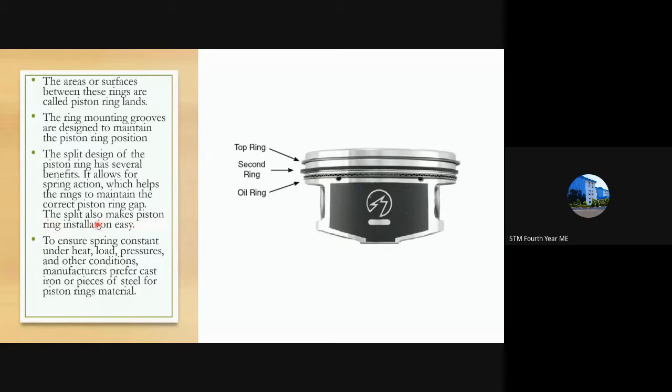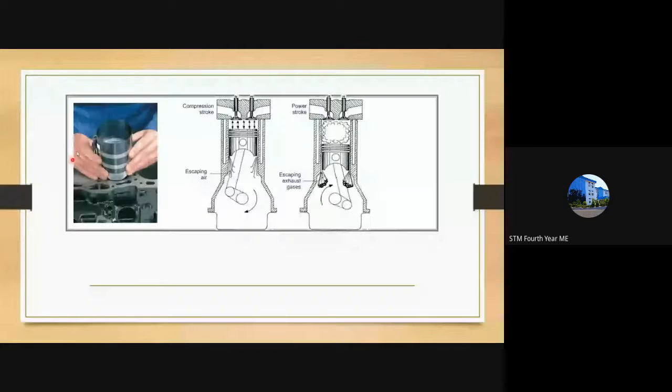So if you want to remove the piston ring, when you dismantle the piston and take it out from the cylinder block itself, the ring will be expanded and you can easily dismantle it. And also during assembly, we can install it using the piston ring tool. So you can see here, this is a tool, and using that we can easily mount the piston inside the engine.